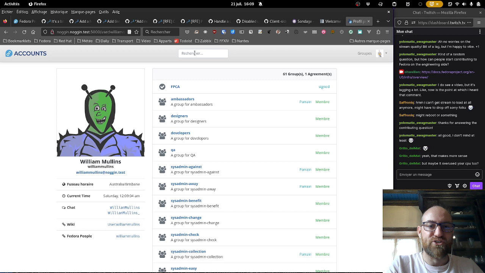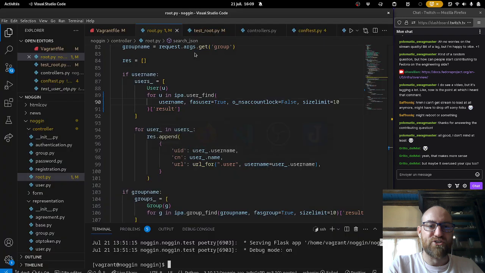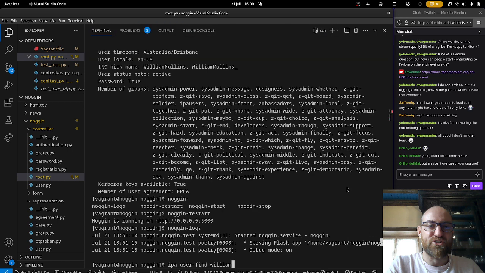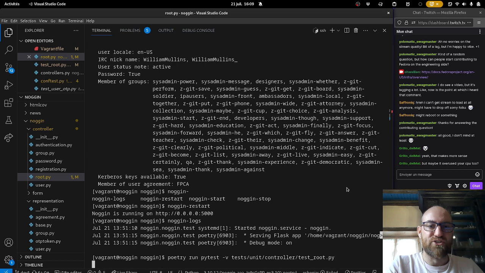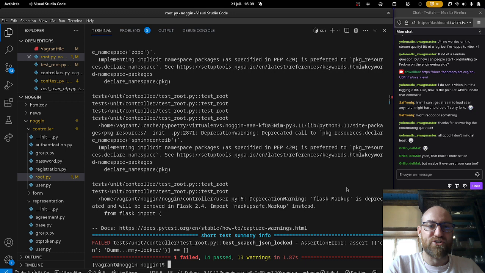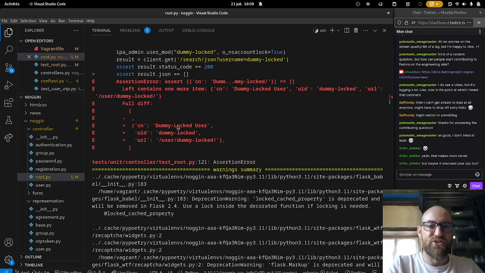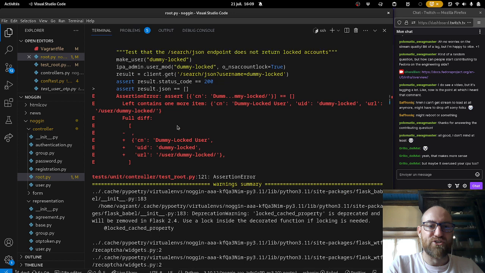You know. Oh, by the way, let me see if my test is now succeeding. Let me make the terminal a bit bigger. Let's run the test. I haven't changed anything. The test is failing because the user... well, why is it failing? It should be locked. It's still retrieving it. I have made the change.